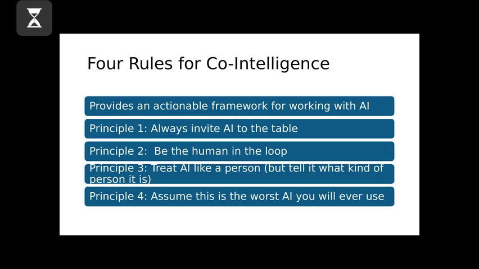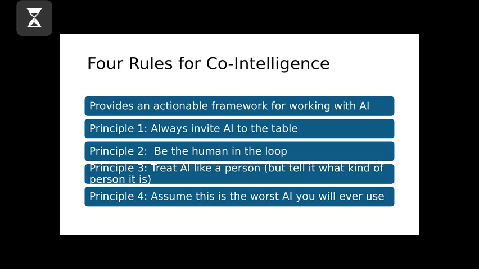I think the word co-intelligence is important here because, as you see here, he doesn't describe AI as a crutch. He's describing AI as a co-intelligence that we can benefit from only if we use it effectively and responsibly. And he outlined some guidelines for this effective and responsible AI use.